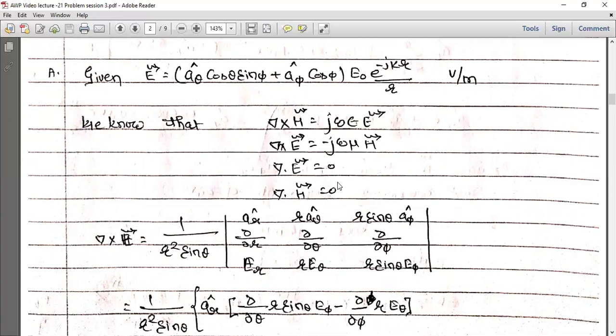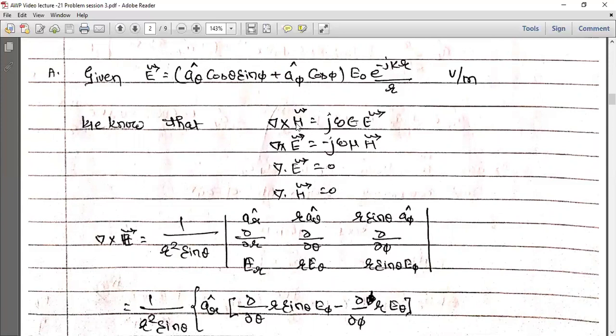And when the medium is source free, we derived in our last session that the Maxwell equations look like this, where the current density J and the volume charge density rho V are all 0. So these are the four Maxwell's equations in a source free region, and correspondingly we use this second equation, since E is given to us and we have to find H.